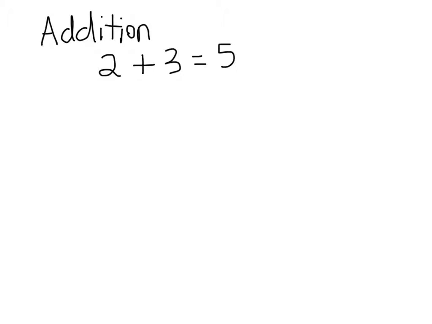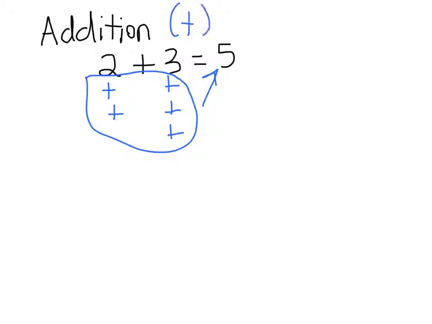We can do those with integer symbols. We have 2 positives there and 3 positives there. So you have a total of 5 positives, which would be your answer. You have no 0 pairs to create, so you're done. When you have a positive plus a positive, it will always be a positive because you're going right on the number